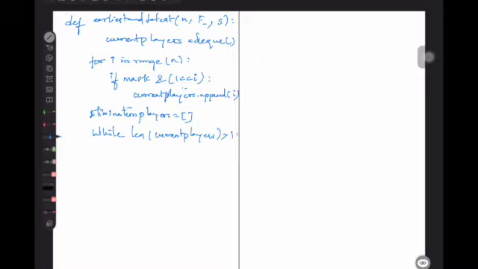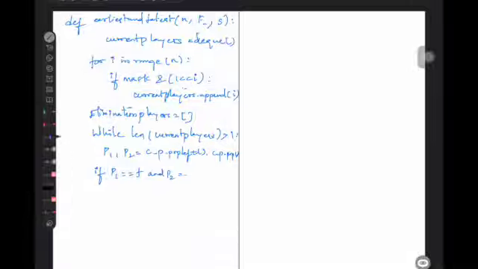Every time, p1 is player 1 and p2 is player 2. Current players dot pop left will give you the first player, and current players dot pop will give you the last player. So if p1 equals the first player and p2 equals the second player, or p1 equals the second and p2 equals the first, in either case, then you have found the round.